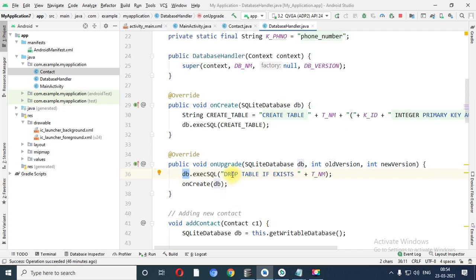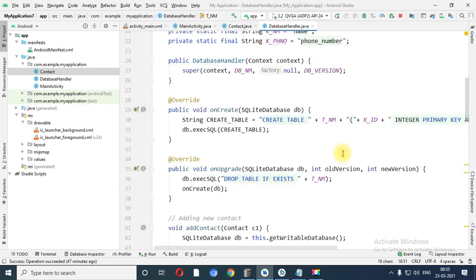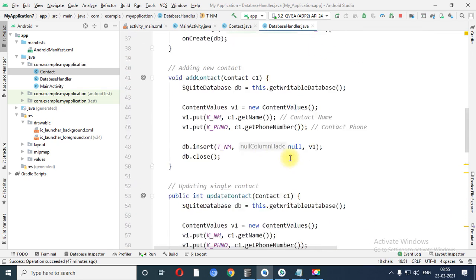What do I need to execute? Drop table if exist. This is the keyword which you need to write if you want to drop the table. That if there is a table existing in the database, which table? T underscore nm. What is the name of our table? Context. So it will drop the table context.